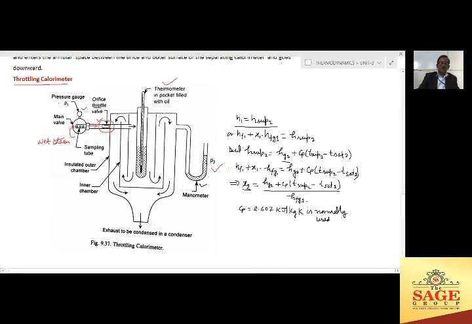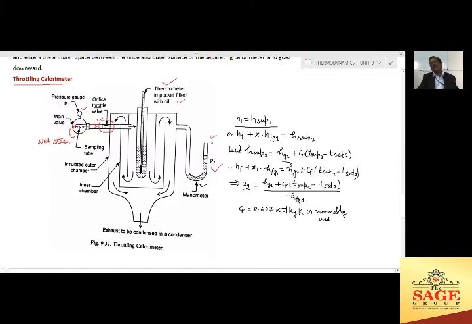So what happens in this process? The wet steam is converted to superheated steam here. This is the required condition for the throttling. The steam will pass through this orifice and be throttled, and its pressure will decrease. But when this steam reaches here, because it is now superheated steam, we can measure its temperature as well as its pressure.